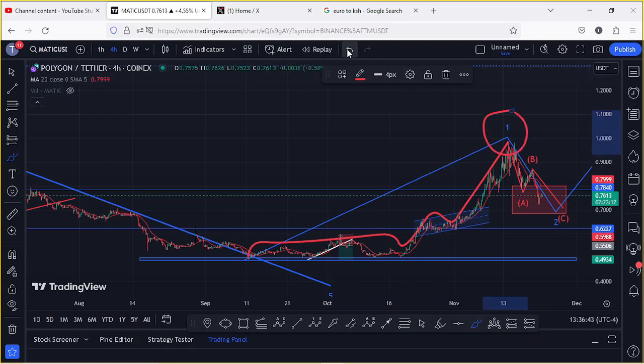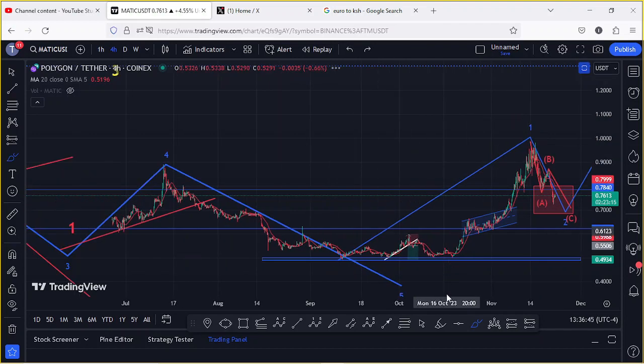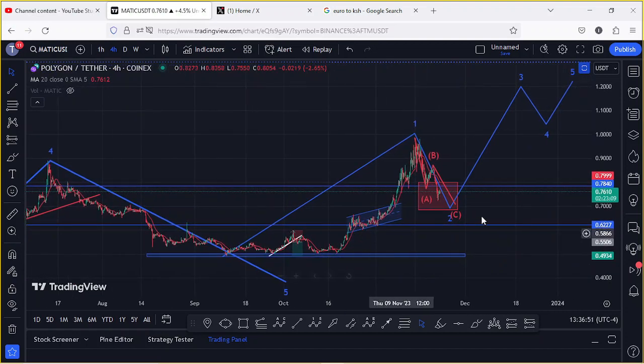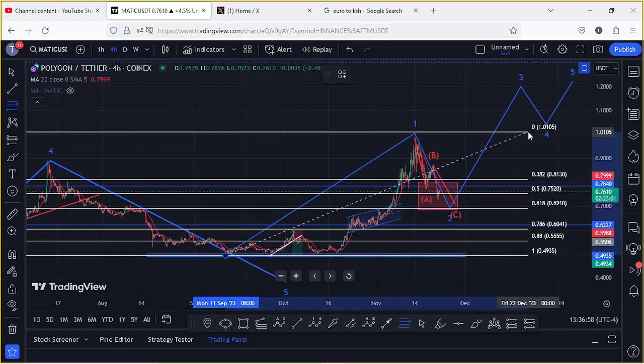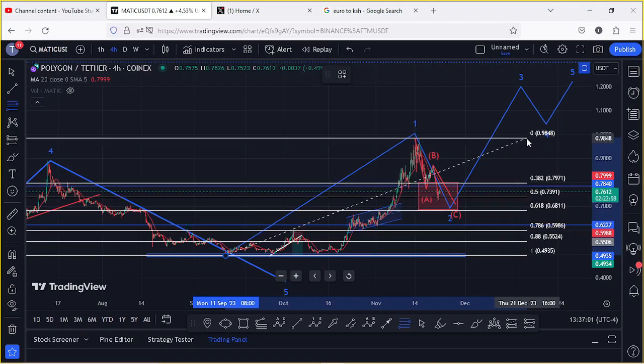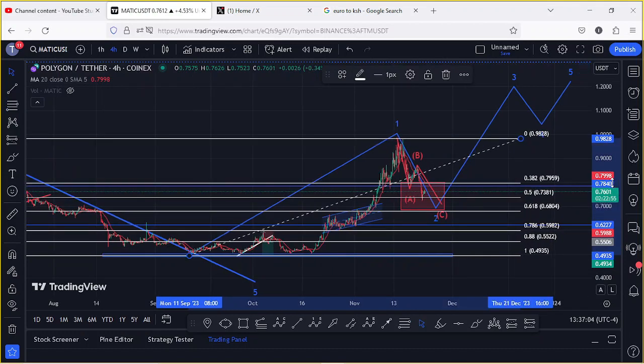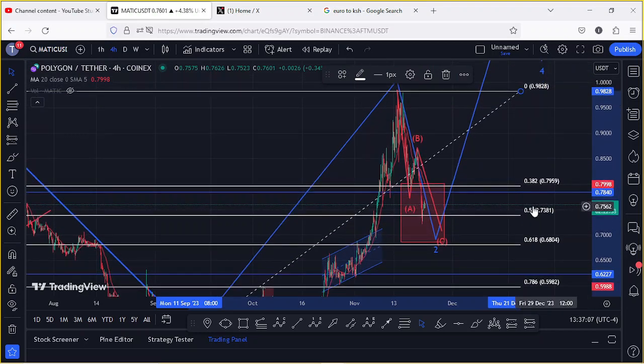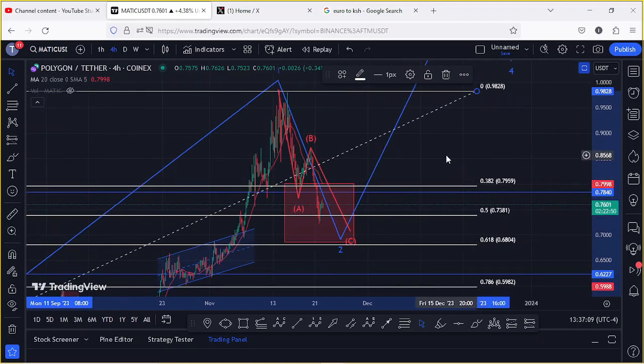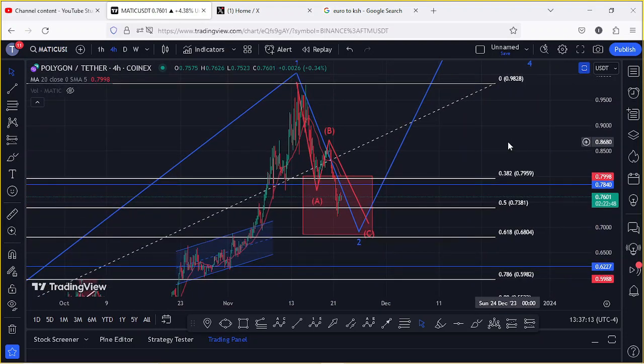And after seeing the formation of that first wave, whatever we expect next is a bit of a corrective structure in the formation of this wave 2. The minimum target areas for the second wave, I came up with them by connecting the Fibonacci from the low of the first wave to the high of that wave 1, giving me a minimum pullback target area between the Fib level 0.382 and the Fib level 0.618. And that is between the $0.7959 mark and the $0.6804 mark, the area that I have highlighted on the charts using this red target area,